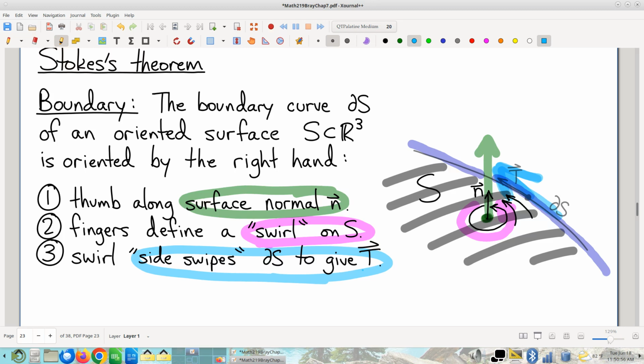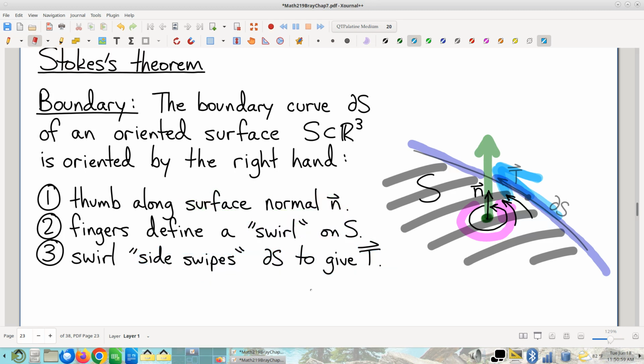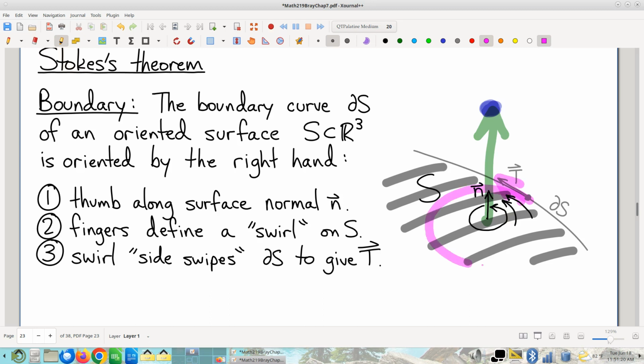What's nice about this rule, by the way, is it's a lot easier to move your hand than to move your eyes. I mean, here's another take. Another take is that if you were sitting at the top of the arrow representing your surface normal, then when you look down, the orientation is the one that would appear to be going counterclockwise around the axis of the surface orientation. And the problem with that is,